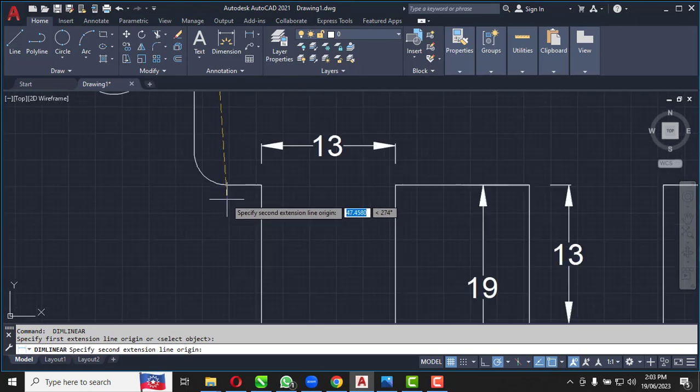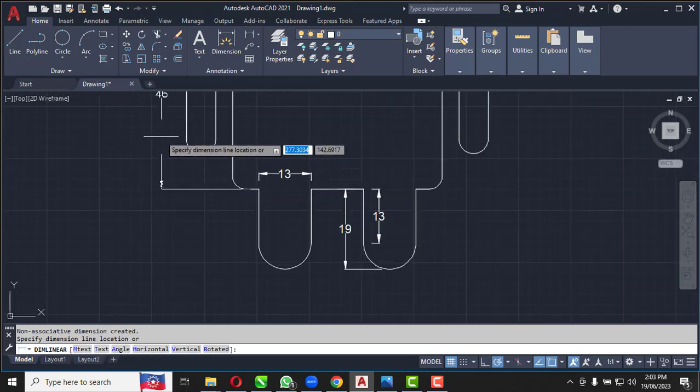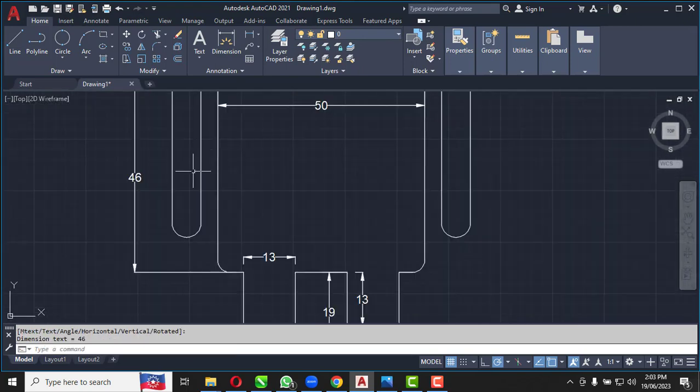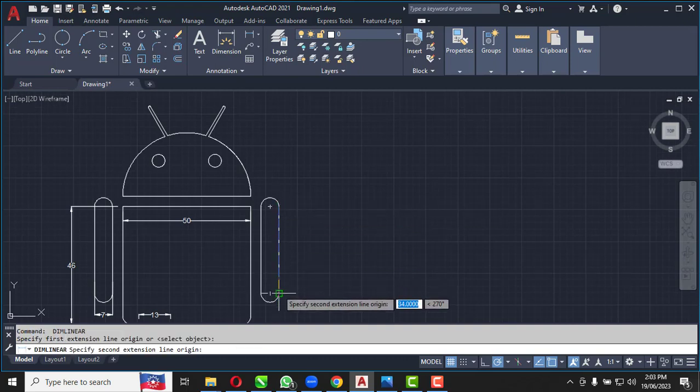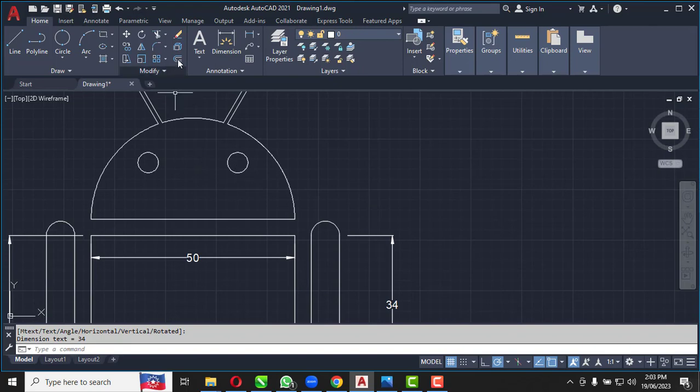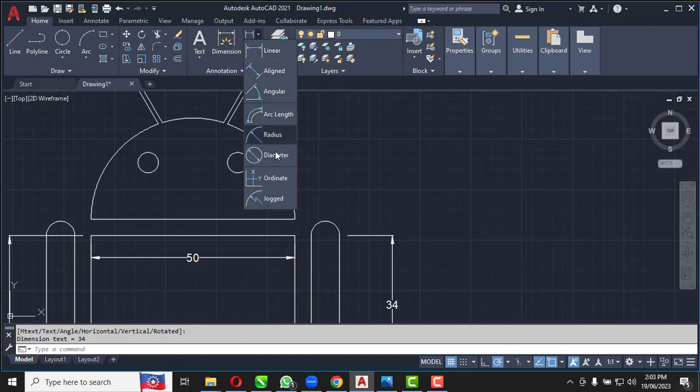This one we are using 46, and this one we are going to use 7, and here to here we are using 34, and